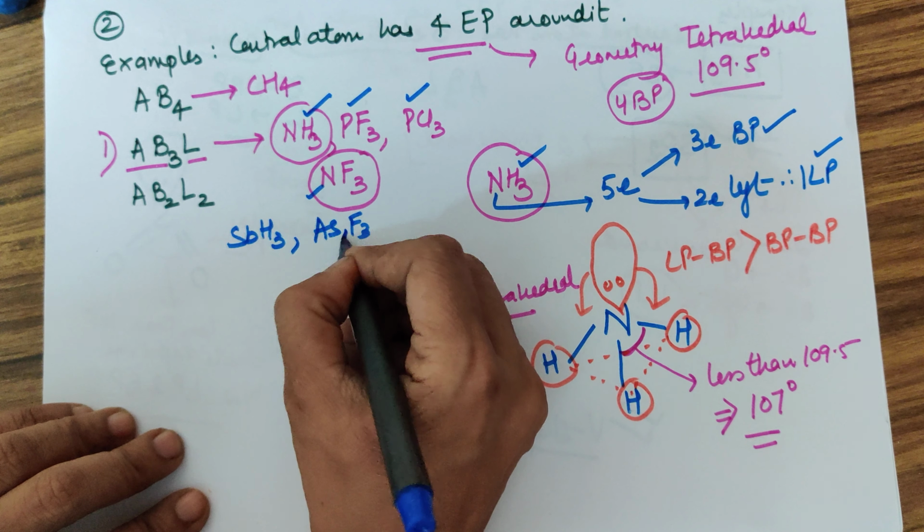Now, under this category, there is a special example where you have AB3L. This is an example called XeO3, which is a surprise, because xenon is a noble gas. But out of all the noble gases, this is the largest. Therefore, comparatively, the ionization energy of xenon is going to be lower as compared to others. Hence, its electron is utilized for bonding